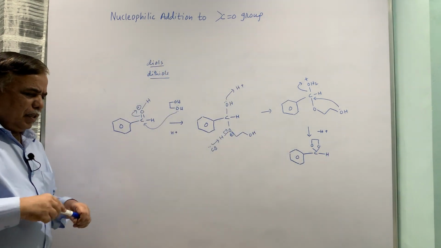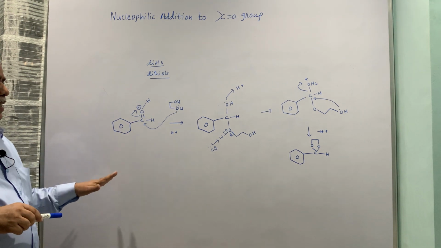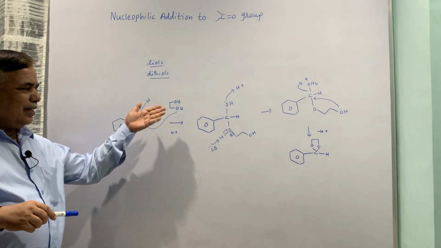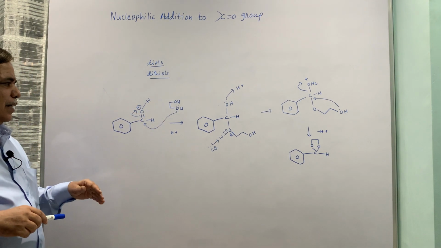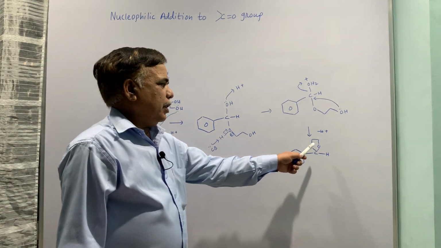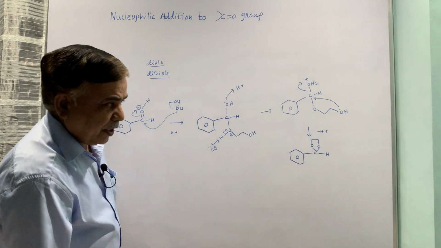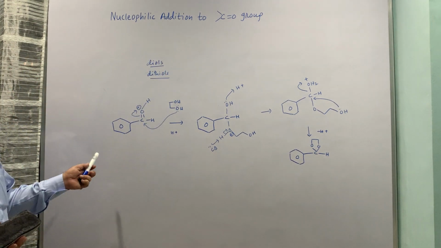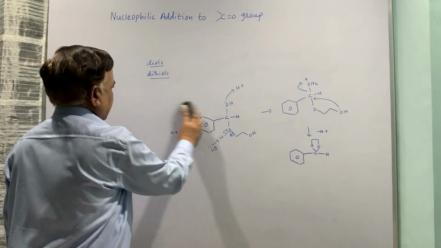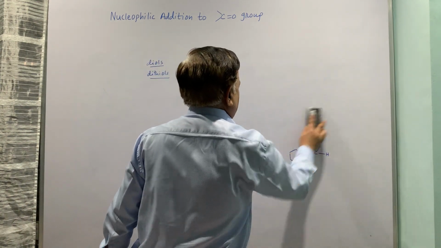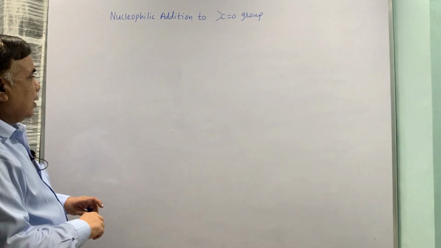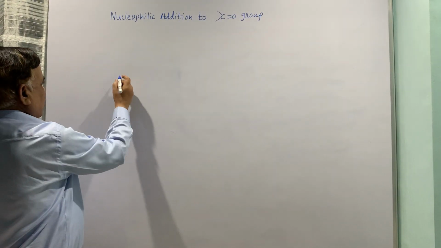So the mechanism part is more or less the same. It's like adding alcohol, you are adding diol. So two hydroxyl groups are added, but in a systematic manner. Now this is one of the protecting groups for carbonyl. So the carbonyl group is protected, you can remove the proton, do some functionalization. So that is the beauty, or that is the advantage of this kind of protection, which is possible through this kind of approach.